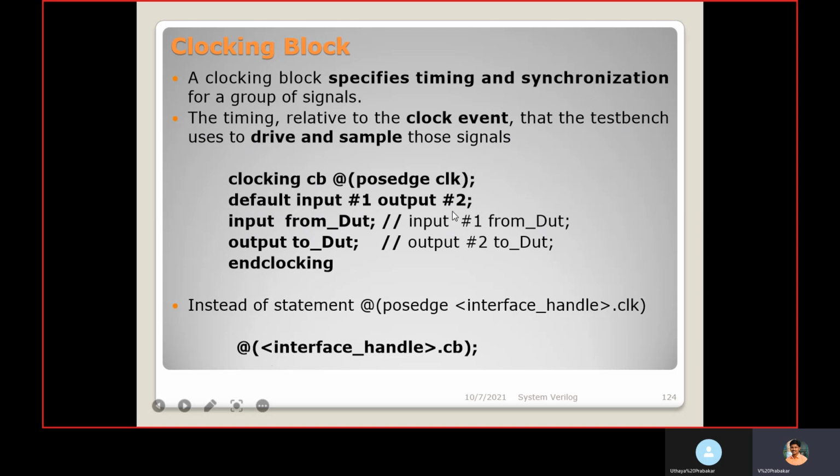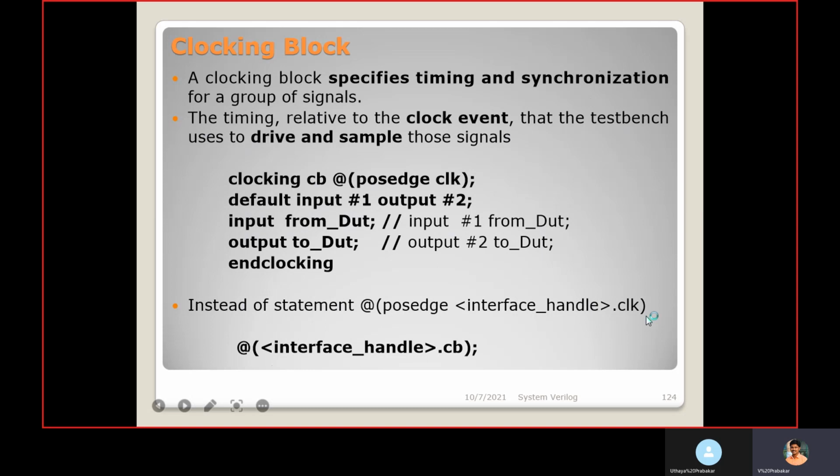Or else we can explicitly write it like this. For this signal from the DUT, I want to assign the skew as 1. Instead of writing it in the default, we can also mention it here, so that it is applicable only to this signal. And instead of the statement in the code, somewhere we can use it like this: at posedge of VIF.clock.